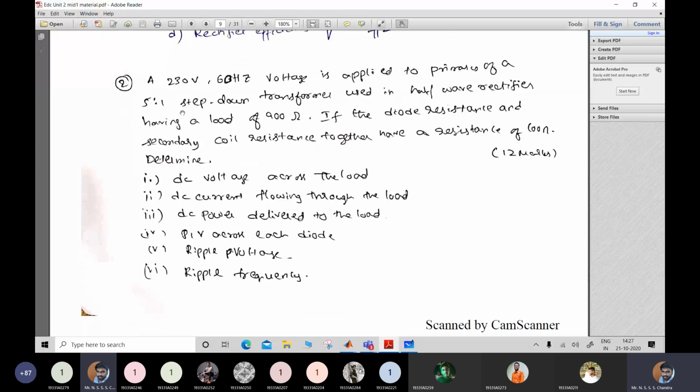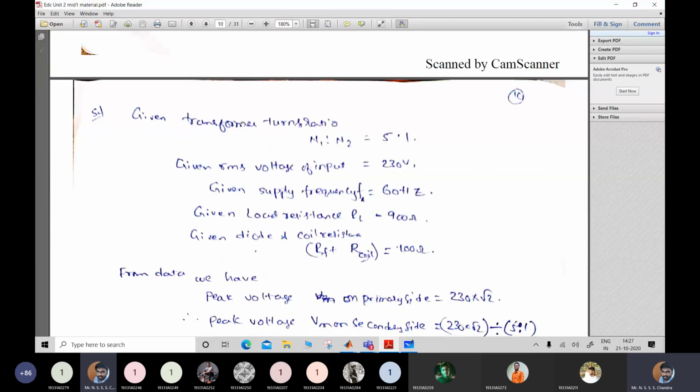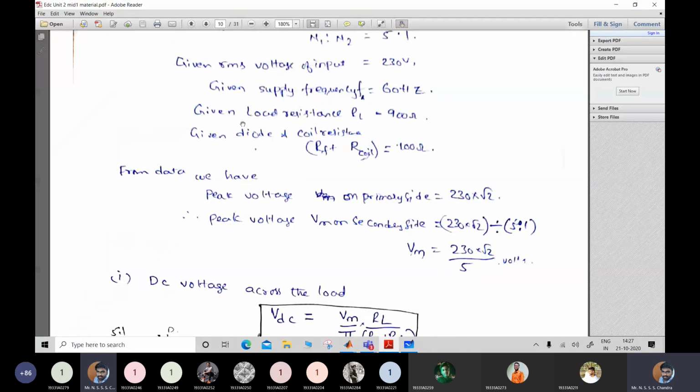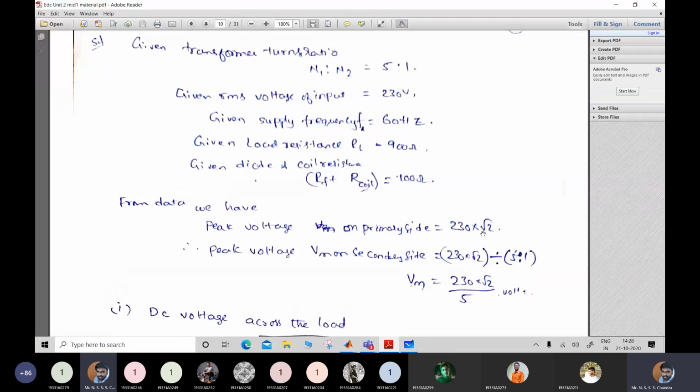Okay. And the RMS value from the supply. So it's a pure sinusoidal signal. For this signal, our RMS voltage will be equal to Vm by root 2, not Vm by 2, because we have not yet rectified the supply voltage. On the primary side your peak voltage Vm will be equal to 230 into root 2. On the secondary side your peak voltage will be equal to 230 into root 2 divided by 5:1. Then you will get some value. I'm not much bothered about the numerical values, so let us keep it aside.